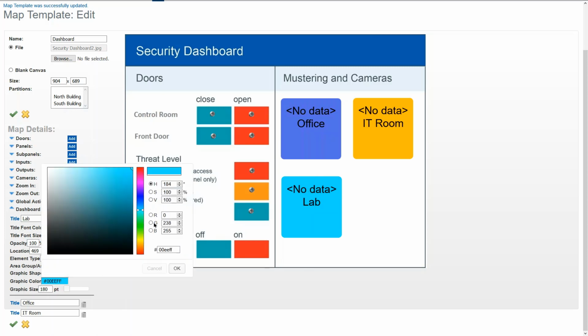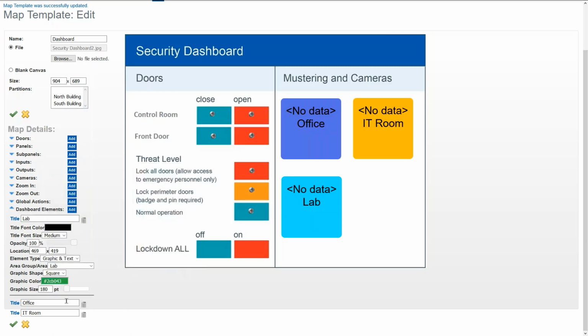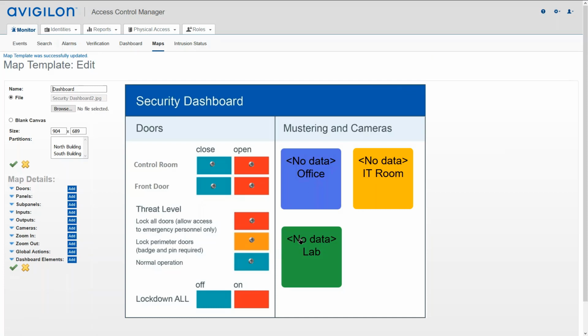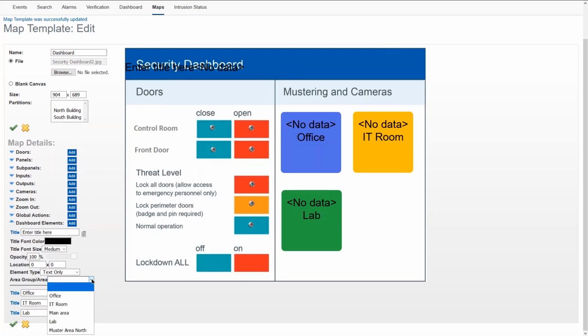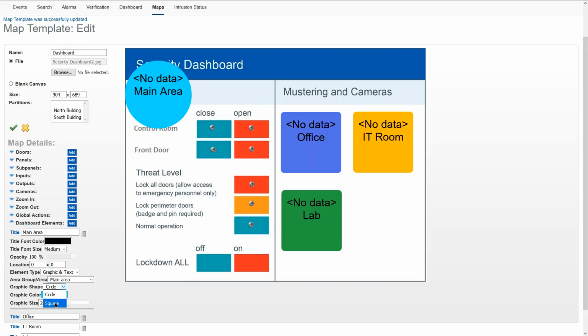So I'm gonna change this one to, let's do a color like that. Okay, I pick the area. Yes, lab, graph. Yeah, I think it looks all good. So go ahead and hit save. All right. And just to make sure we complete this, one more, and then we add them over there and we're done. And this one will be main area, like that. So main area, I'm gonna call this main area. And then go here to graph and square,